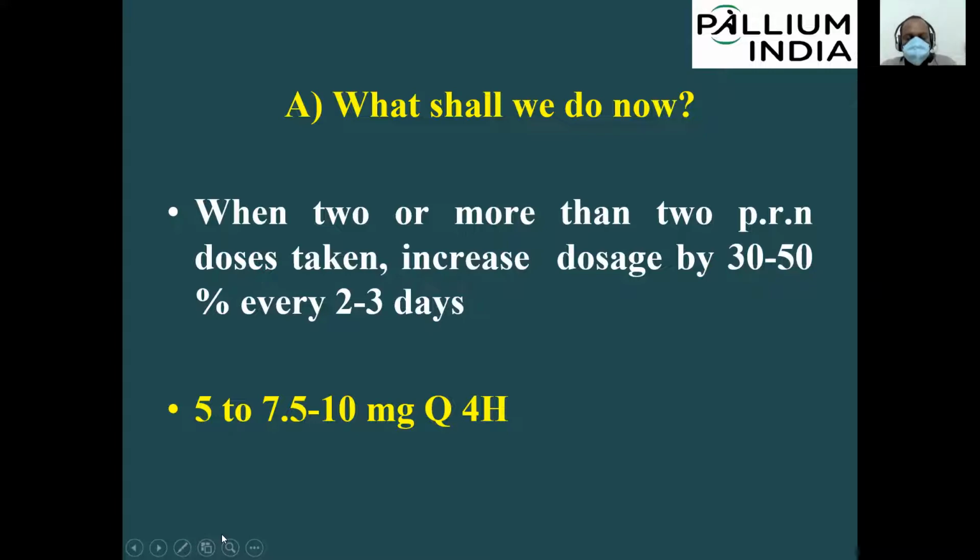If you increase 50% of 5 milligram, that will be 7.5 milligram. But then sometimes it might be impractical to make it 7.5. So in case of 5 milligram, you can also increase it to 10 milligram, which is a 100% increase, but it should be okay for this patient because 10 milligram 4 hourly means it is only 60 milligram if you add up all the doses. So 7.5 to 10 milligram 4 hourly with SOS doses is okay for this patient.